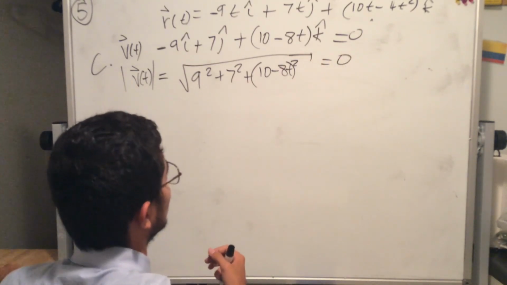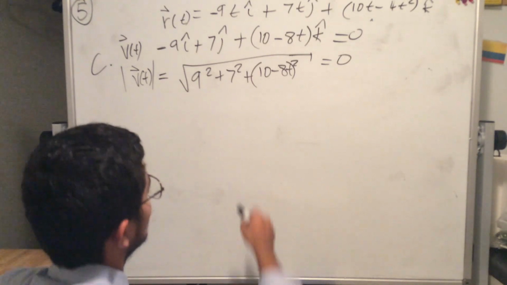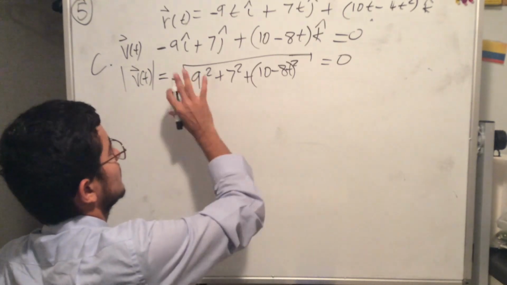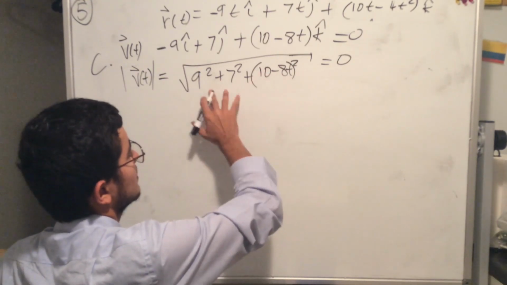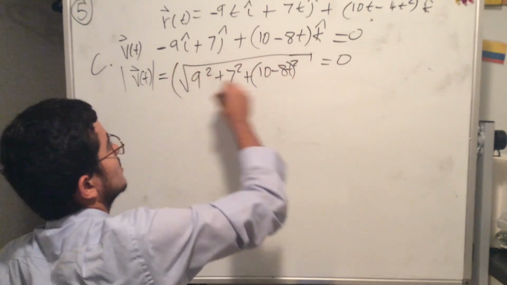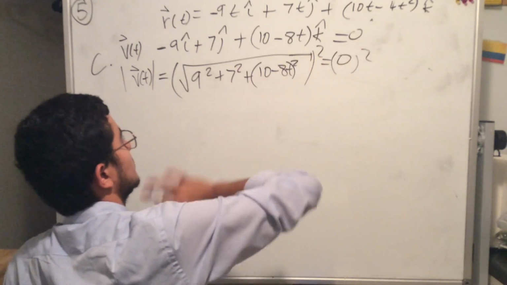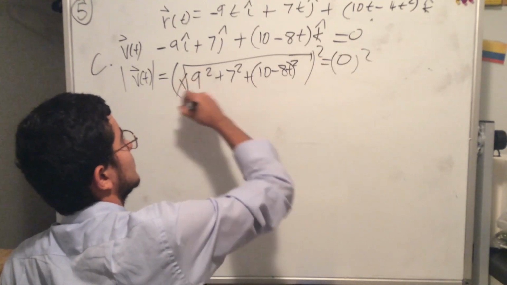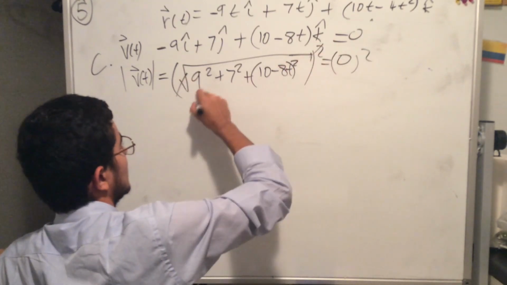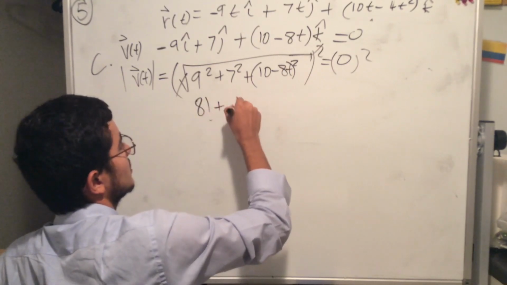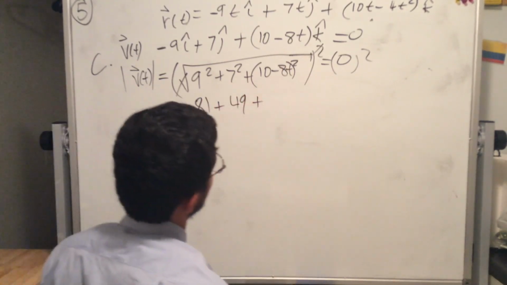Now over here we can get rid of the square root because we have an equation that's equal to 0. So we square both sides. 0 squared is 0, and then we cancel out the radical and squared, so we get 81 plus 49 plus 100